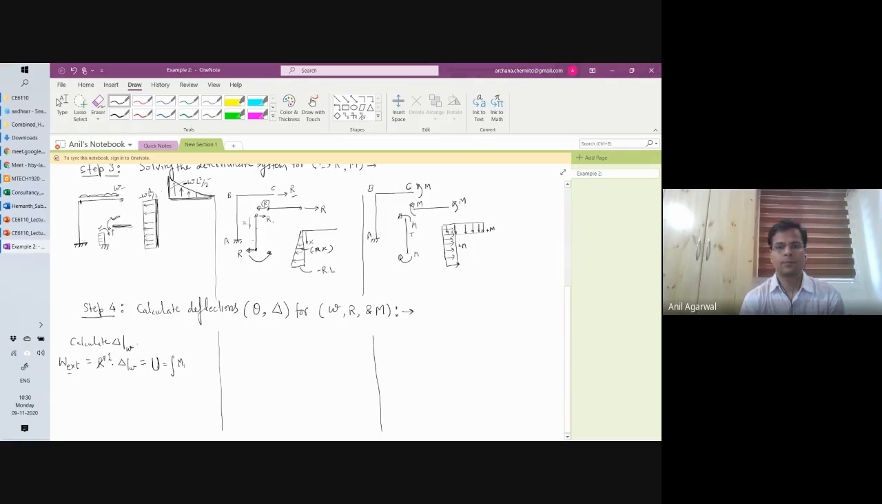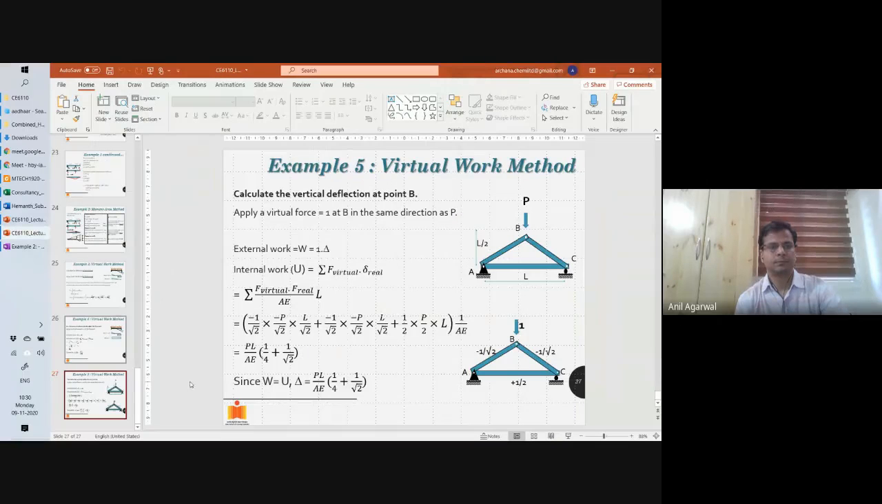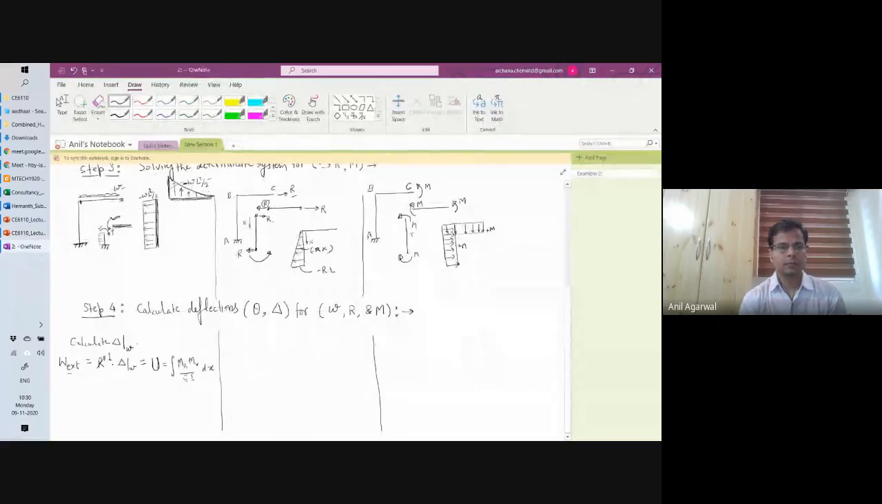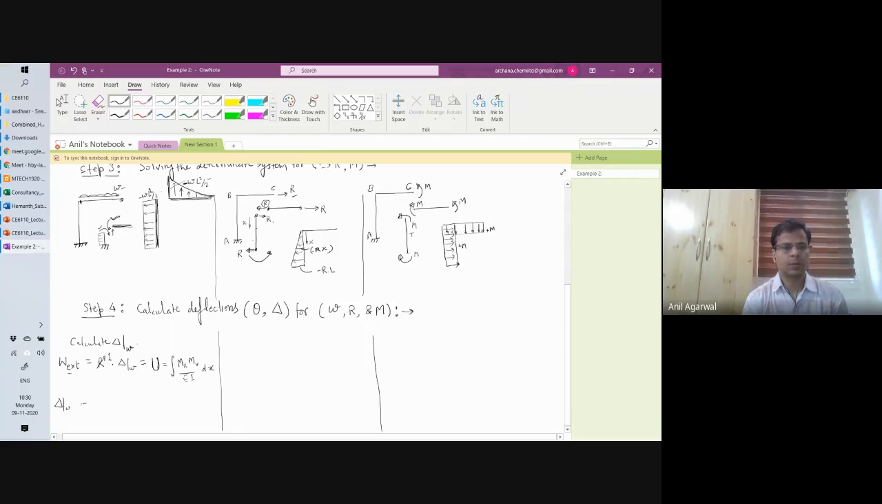M real, M virtual divided by, anybody? EI dx, right? Am I right? Yes, sir. So that is M virtual M real divided by EI dx. Okay. So W external was equal to delta W, so I'll just call it delta due to W. And that is equal to,